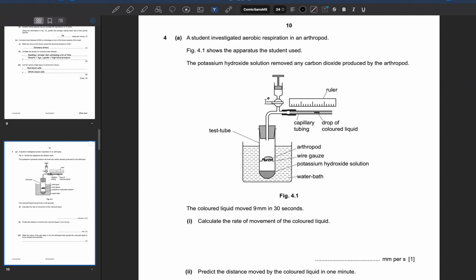The colored liquid, or let's first explain what is happening inside. I have an arthropod that is respiring aerobically, meaning using oxygen to break down glucose to release energy. The waste products of this arthropod, it's an animal, so it has the waste products of aerobic respiration, which are carbon dioxide and water vapor. He already put potassium hydroxide solution to absorb any carbon dioxide produced. So the movement of the drop of colored liquid will be due to the absorption of oxygen